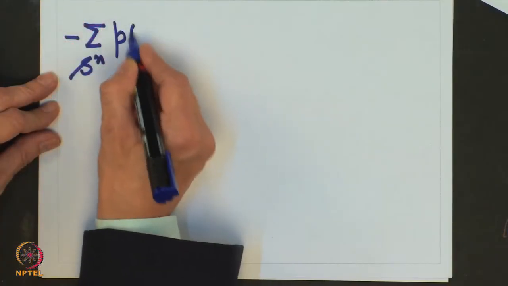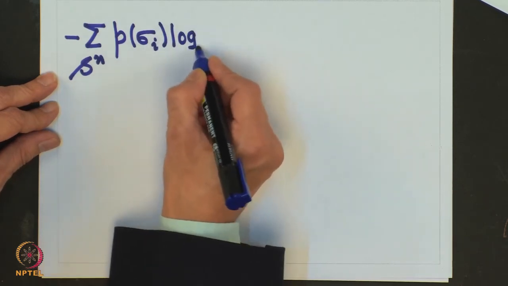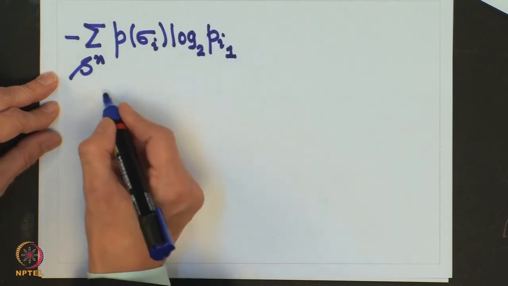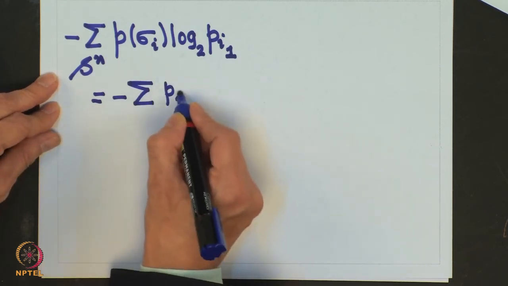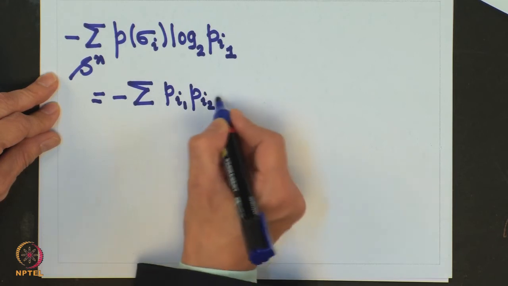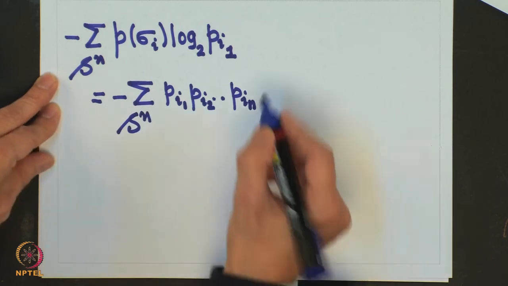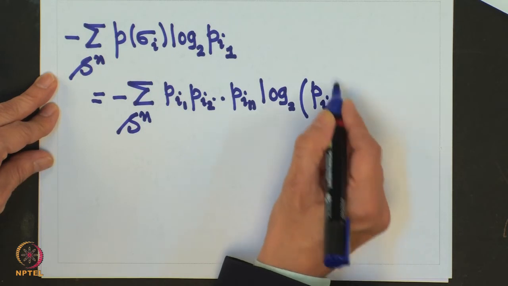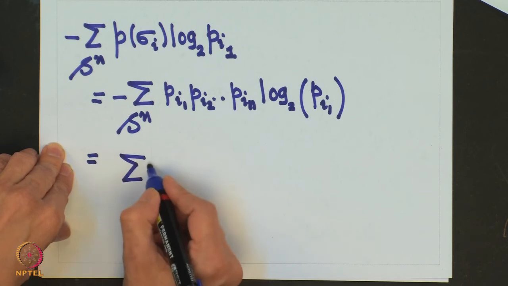So, if I take the first term, this I can write as, and this I can rewrite as